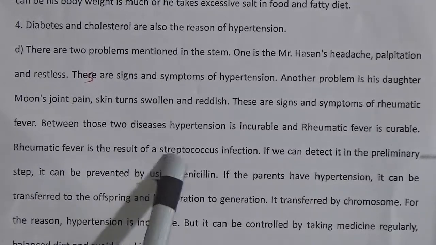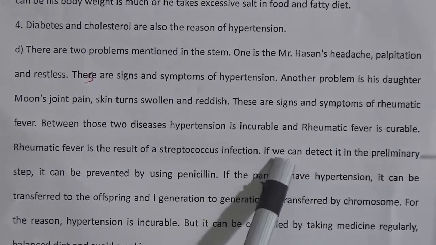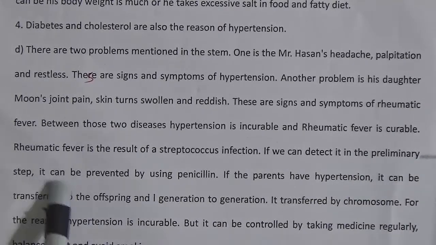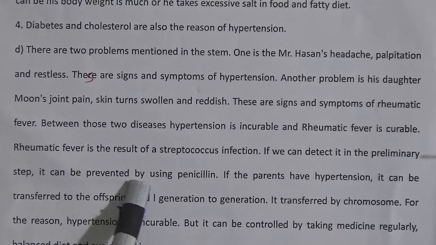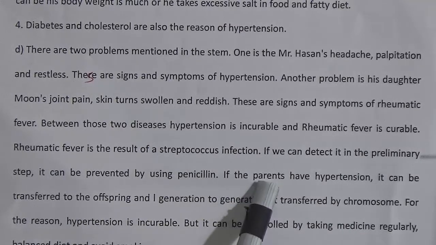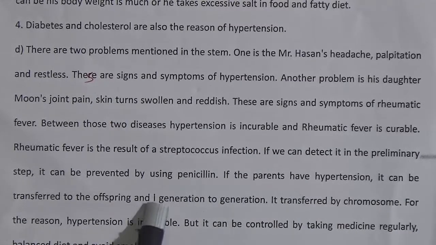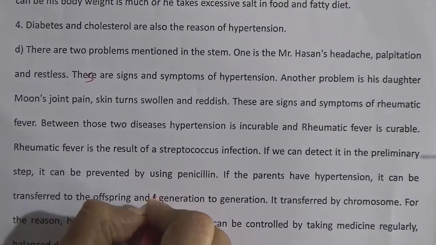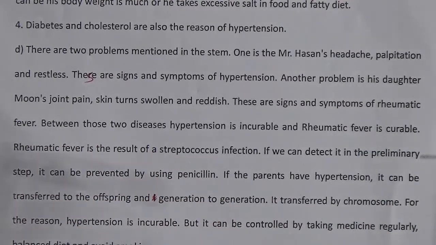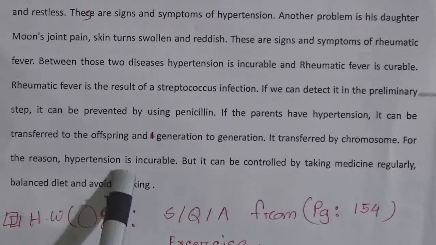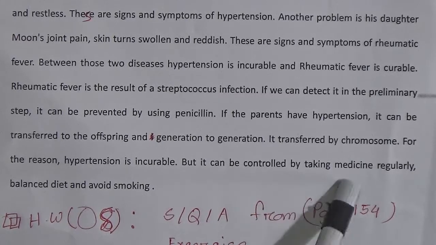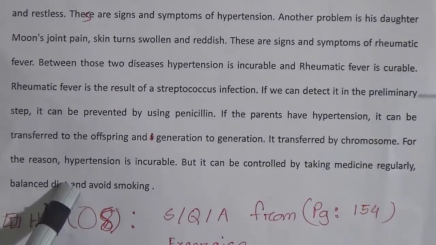Rheumatic fever is the result of Streptococcus infection, and if we can detect it in the primary steps, then it can be prevented by using penicillin. If a patient has hypertension, it can be transferred to the offspring from generation to generation. It is transferred by chromosomes. For this reason hypertension is incurable, but it can be controlled by taking medicine regularly, a balanced